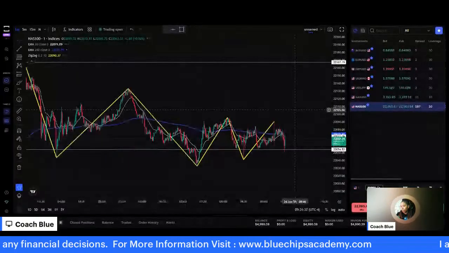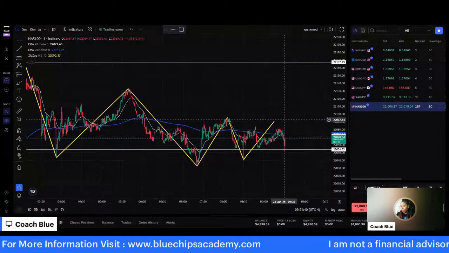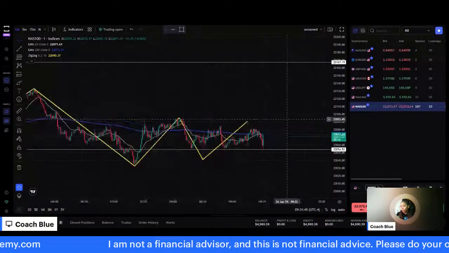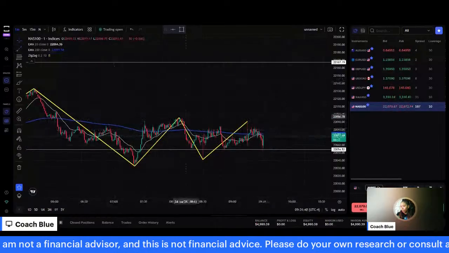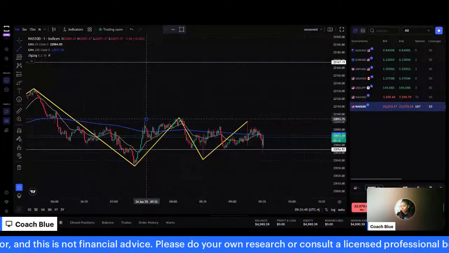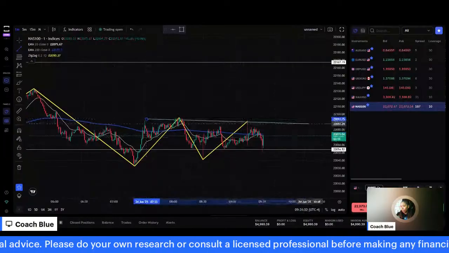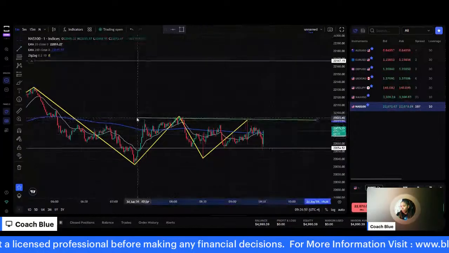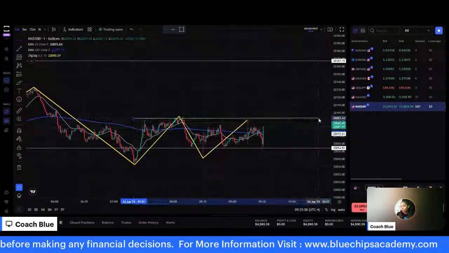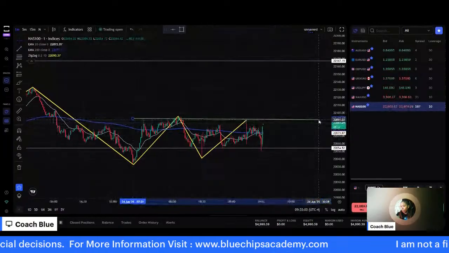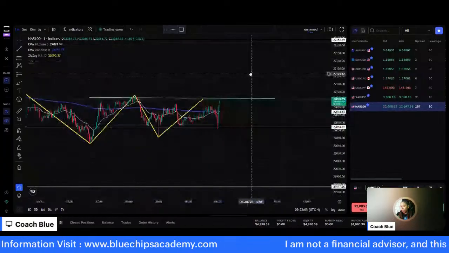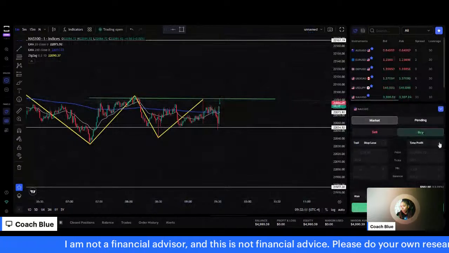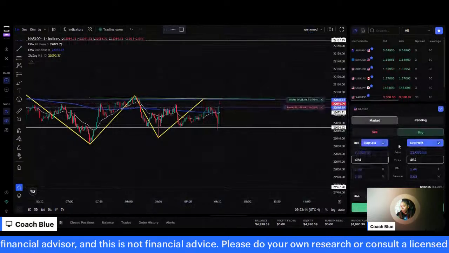Now, I do kind of like this area as a point of entry right here. If we do get into a buy, let's see. I'm gonna put a small little line right here. Okay, and see if we can get a little BPC right here, because that's actually not a bad area to enter. Let's see what we get. I'm going to go ahead and get prepared in case we do get a buying opportunity. Okay, let me get my calculator prepared here.